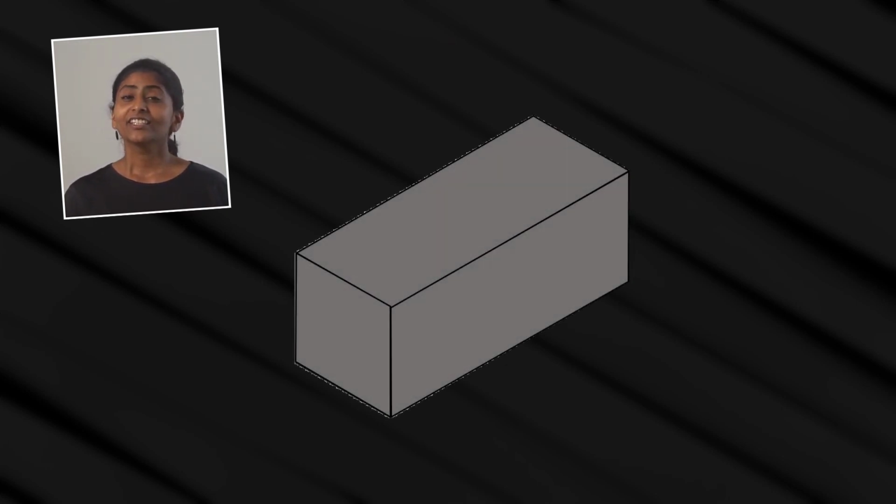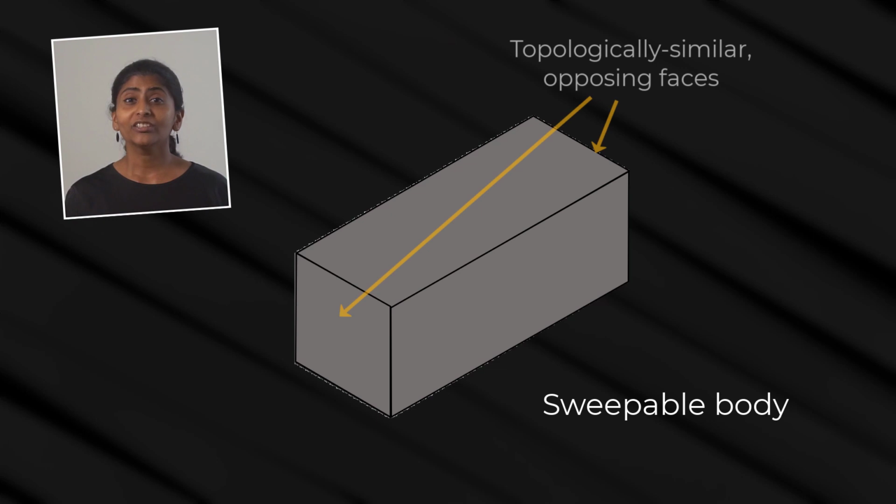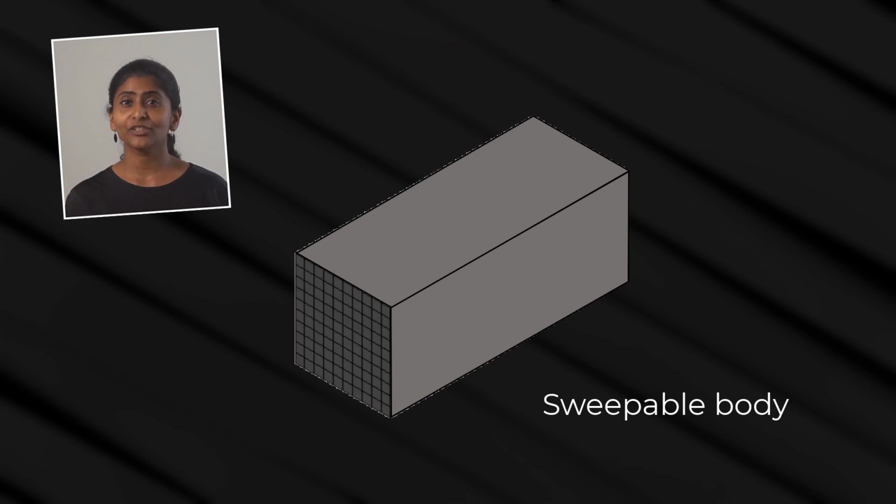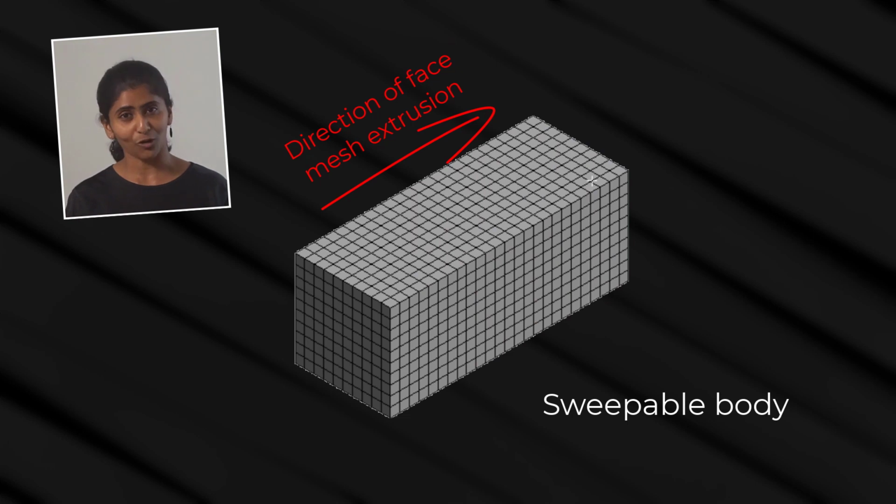Let us first focus on how the mesh is generated for 3D solids in Mechanical. When generating the mesh on solid bodies, depending on the complexity of the geometry, the mesh may consist of one or more element shapes. For instance, simple block-like geometries are sweepable. A sweepable body is one that has two opposing, topologically similar faces. In such cases, one face is meshed using quadrilaterals, and this 2D mesh is essentially extruded to the opposite side to create a hexahedral mesh.